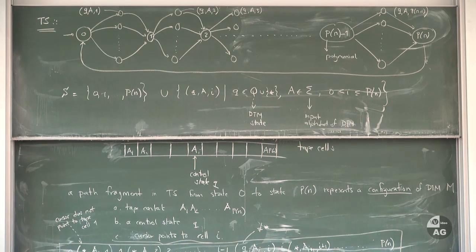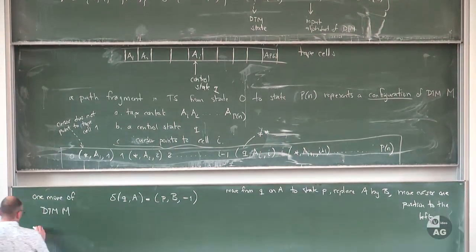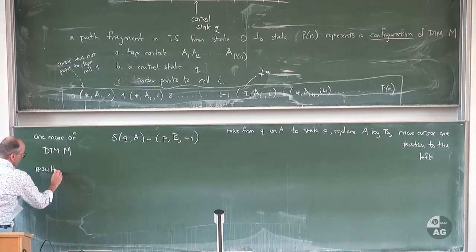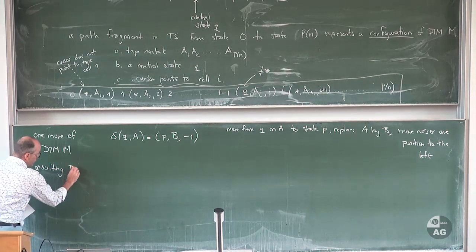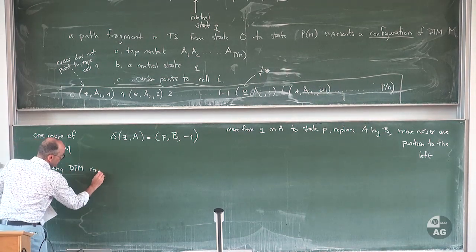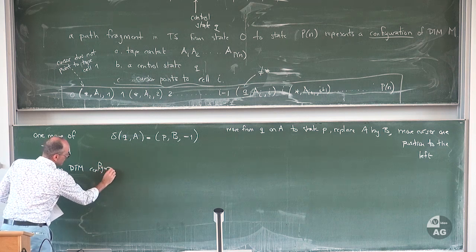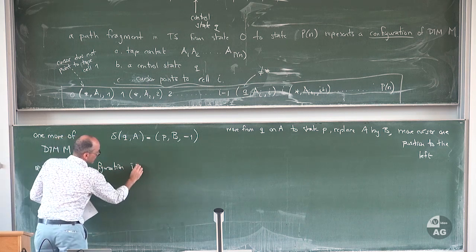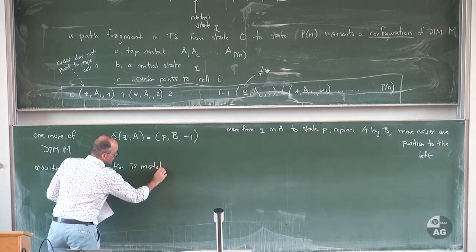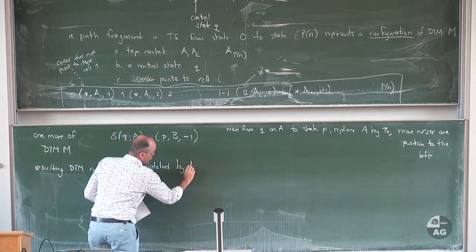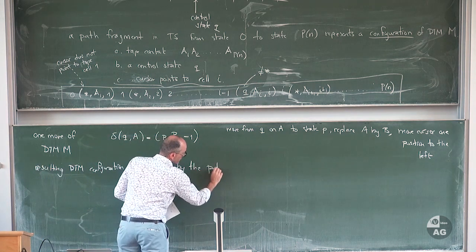So what's the resulting configuration? The resulting DTM configuration is modeled by the path fragment